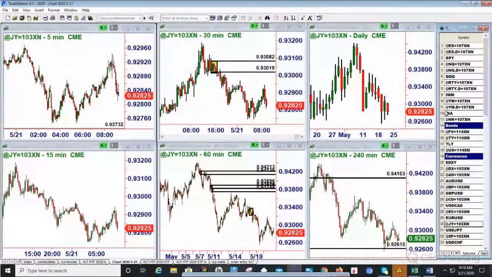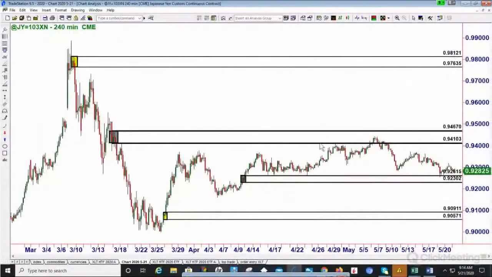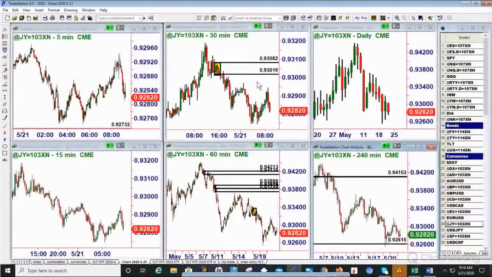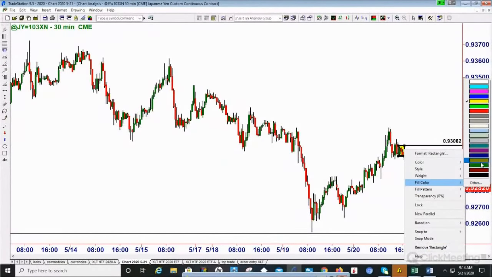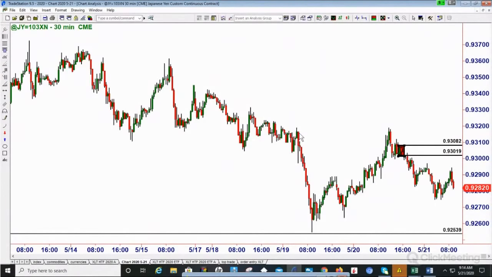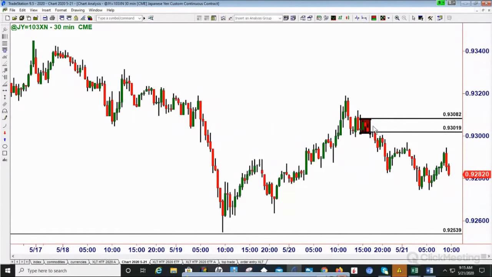JY, you can see we're inside of this range on the 240. Dollar yen is way in the middle, but on the future side, we are all the way back down to the lower portion of the range. So I'll continue to put the supply zones up above. This one definitely should be a brown type color, because not only did it fall off of this area, but now it's falling off of this area. So it's probably even a really dark brown. So this is